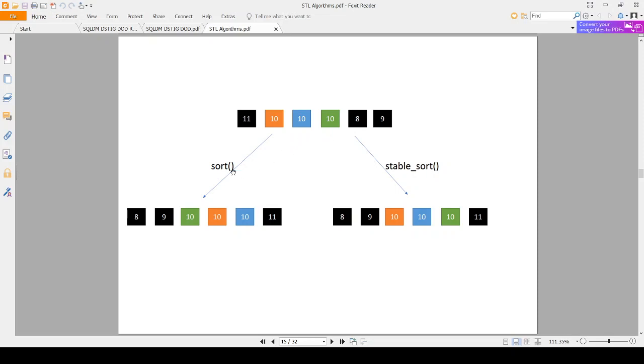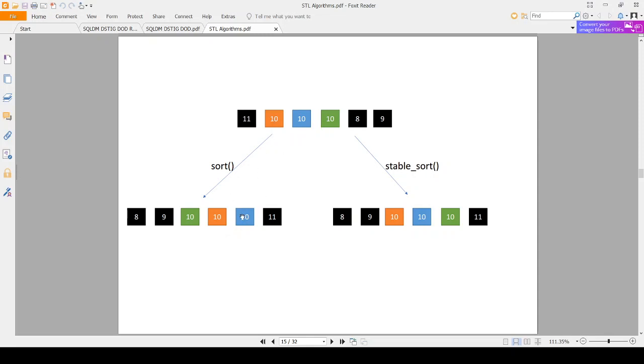Now, when a regular sort is called on this collection, it will sort the objects in increasing order of the number property. But because these three objects had the same number property, the order in which they existed prior to the sort may not be preserved.